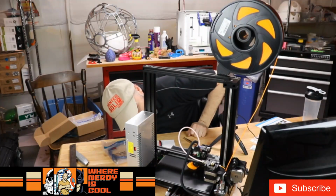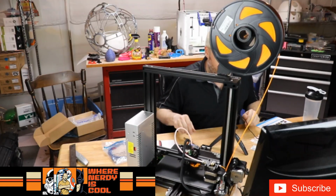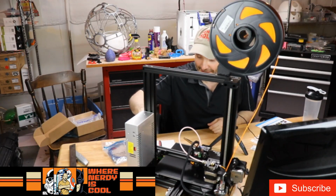Yeah, this thing has some serious Y layer shifts. I should probably cancel that out and do a quick tightening of the Y axis, because that thumping I'm hearing is the belt and the pulley trying to do their thing here. So let me